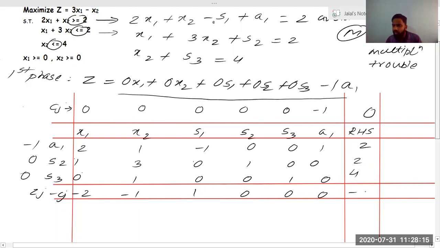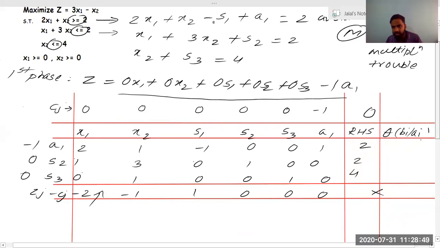You need not write this value, but you can write this because it is not having M, so your calculation will not get difficult. Actually, Z cannot be negative. But still, if you want to use that matrix multiplication to find all the answers, you can use it. If you don't want to use it, it's okay, because this is not a real answer. It is having an artificial variable in the solution. So what we will do, which is the most negative? -2. So we have to divide RHS to find theta. Theta is nothing but Bi by Ai.